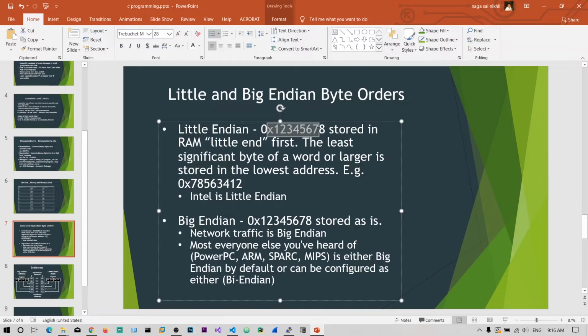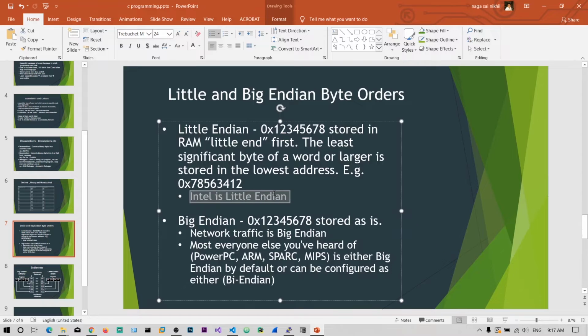This value means this. In big endian, the most significant byte is stored first. It means exactly the same, because we read from lower memory address to higher memory address. So big endian does not change its value in RAM. For other architectures, like ARM and MIPS, million instructions per second, these follow big endian. That means if you see the value 12345678, it's exactly the value 12345678.